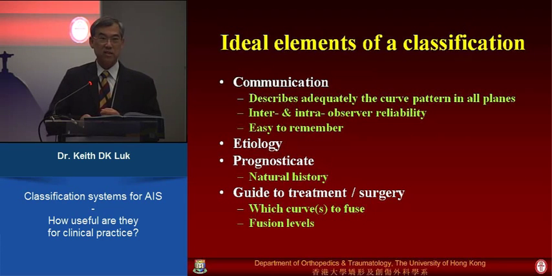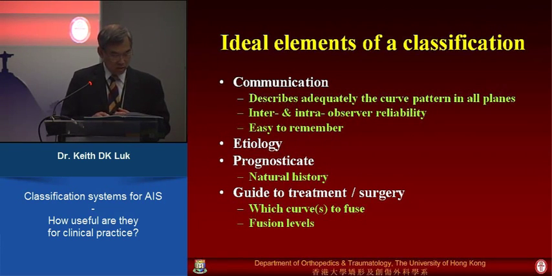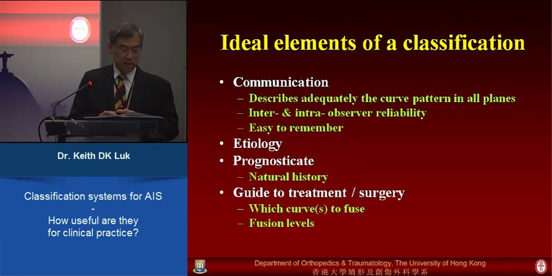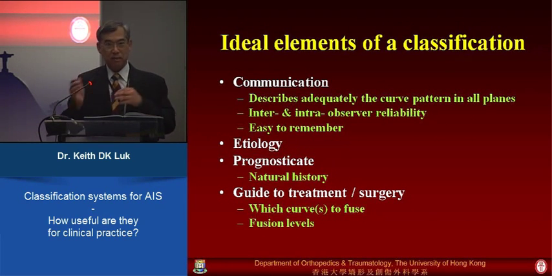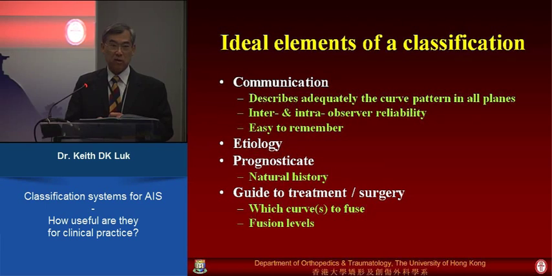Of course, the first one is for ease of communication, so we have the same language and we know what we're talking about. It should be very easy to remember, and the classification should be reliable between observers. Hopefully, we can also understand the etiology or the pathomechanism of that particular pathology and help us in prognosticating the outcome. So if type 1 is going to end up like this, type 2 is going to end up like this, etc. And hopefully it can also guide us in the management of that